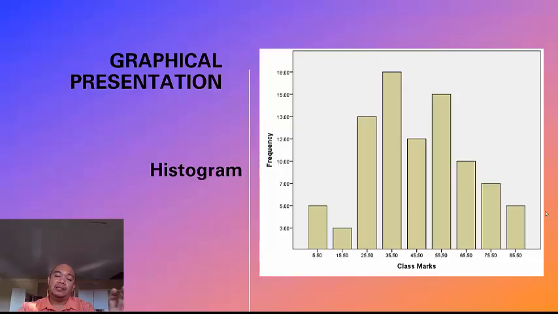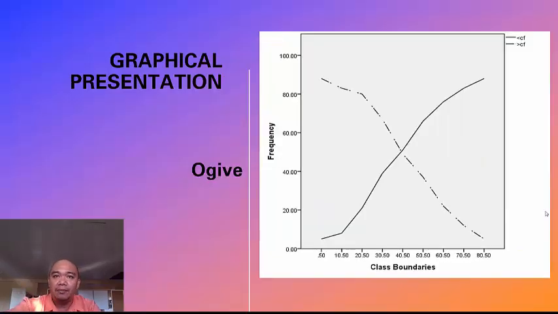Histogram is somewhat like a bar graph, in which the class marks are the horizontal axis, and then the vertical axis is the frequency. And then the ogive. The ogive is the graph of our cumulative frequency. So this is the ogive,